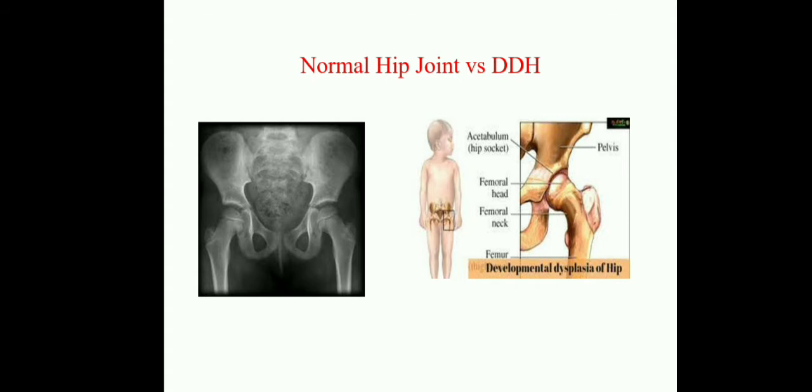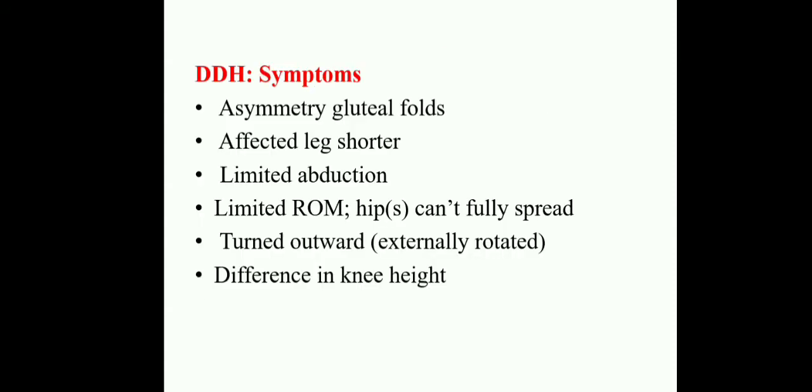Look at this image. This is the normal, the ball and socket joint is present. Here is the head of the femur. It is present normally. But here in DDH condition, developmental dysplasia of the hip, the acetabulum does not fit the ball and socket joint, so the child is suffering with displacement of the hip. Okay, that is about the normal versus the DDH conditions.